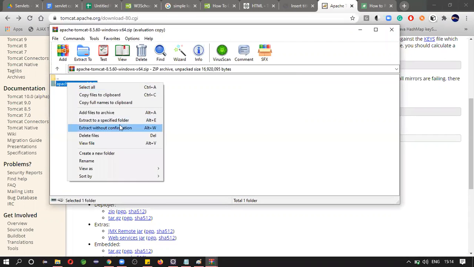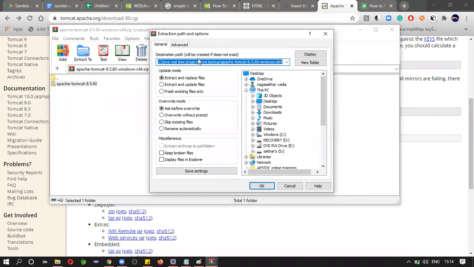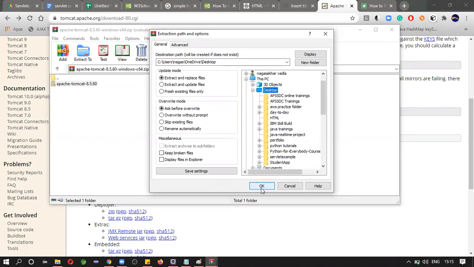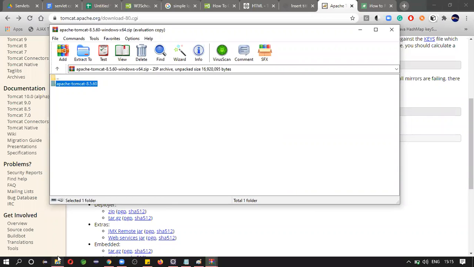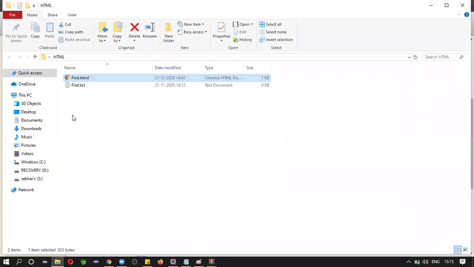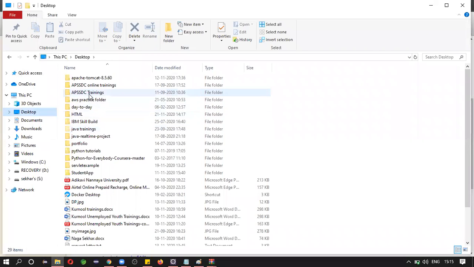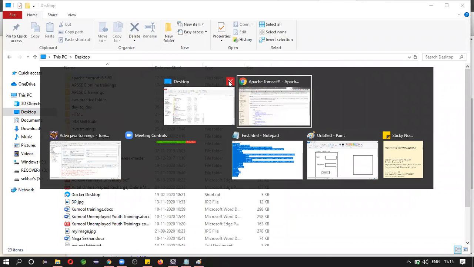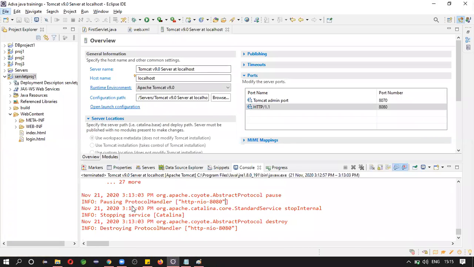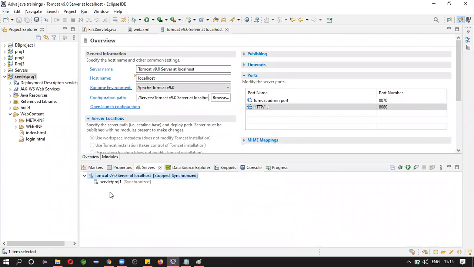So let us extract this zip file simply on desktop. Watch it on at 8.5. Okay, so let us remove this.